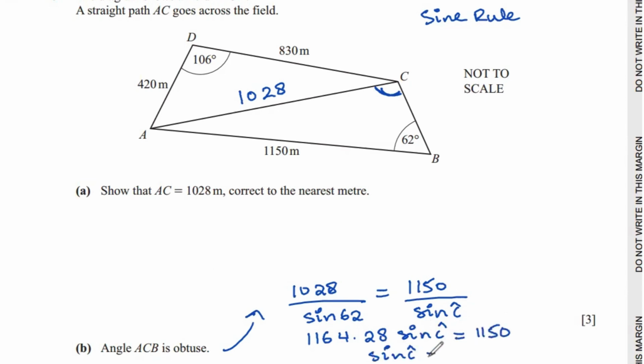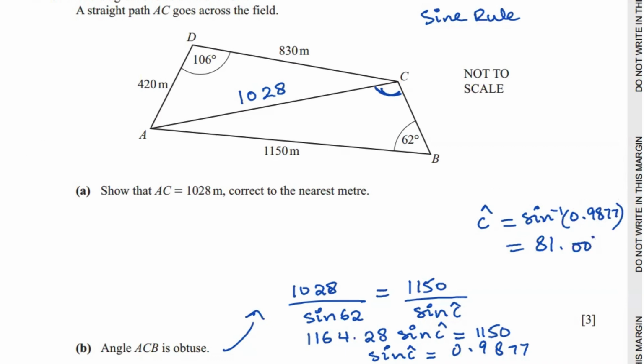Sine of angle C is going to be these two divided by each other. That's 0.9877. So sine inverse of this